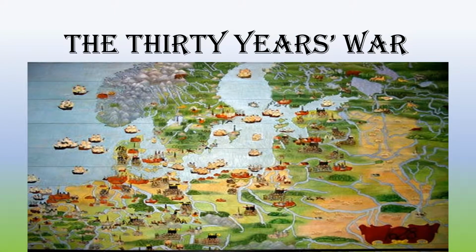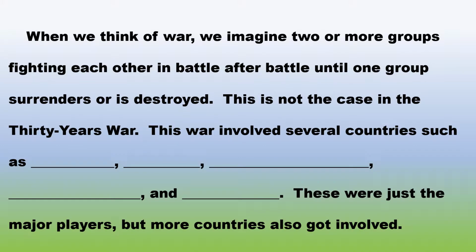Today we're going to be talking about the 30 Years War. Normally when we think of a war, we think of two or more groups fighting each other in battle after battle until one group surrenders or is destroyed. This is not the case in the 30 Years War. Although there were over 40 battles fought in the war over the 30-year period, they were spread out, and there may be years between battles, but it was still over the same